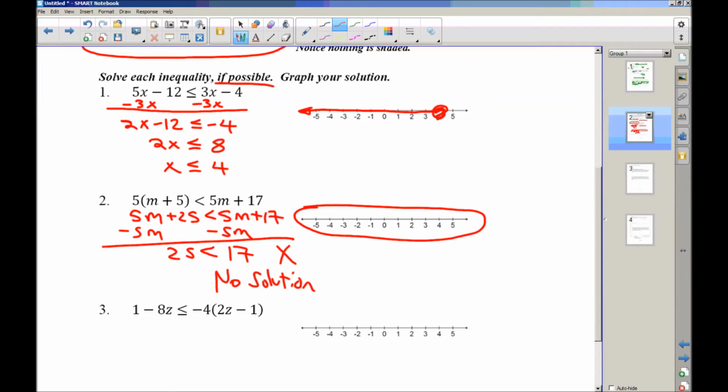We're done. Remember, no solution means that there's no place that's a solution, so we can't plot any points on our graph. Number 3,